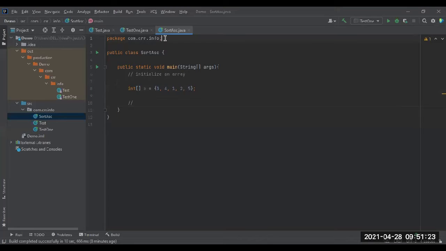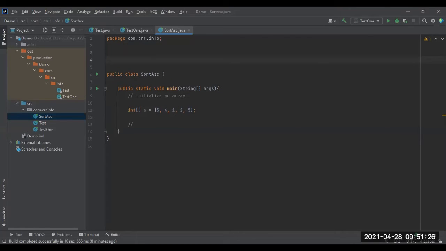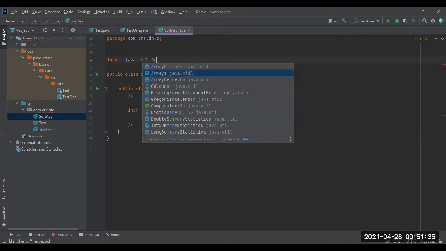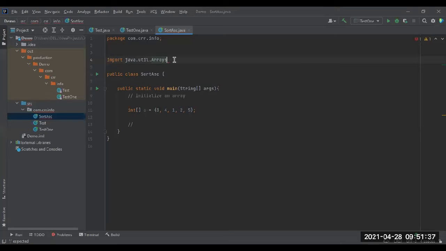Now you have to import the package. I import java.util.Arrays. See this, this is a package available inside the util package. By using this, we are getting Arrays sorted.